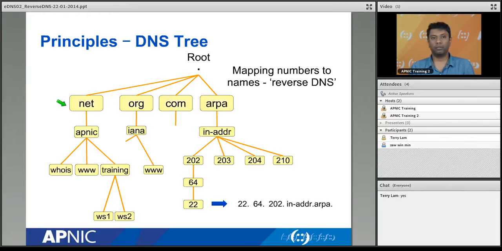So in that case, say for example, any receiving MTA or mailing server will receive an email with a source, say for example 202.64.22.10, right? So what the receiving email server will do is ask, okay, for that IP address, what will be the equivalent ARPA domain? The ARPA domain will be